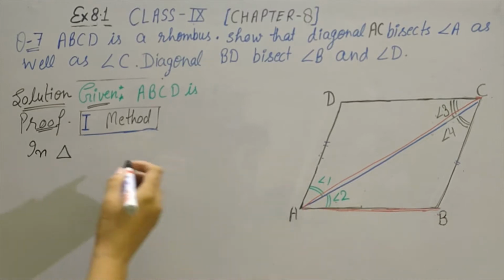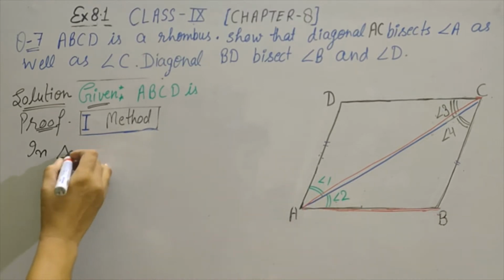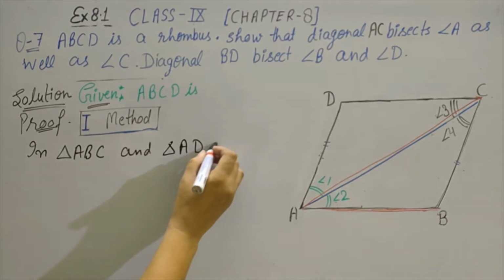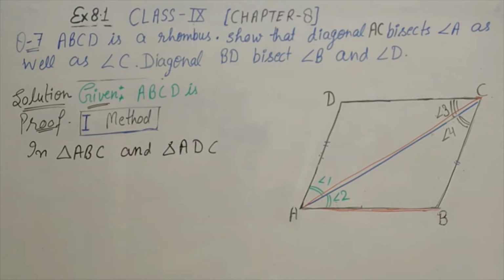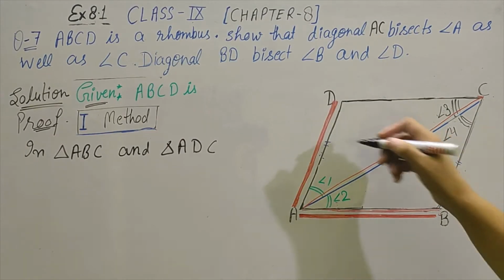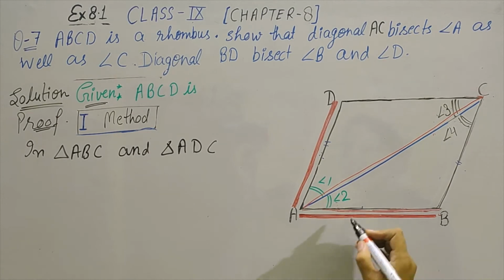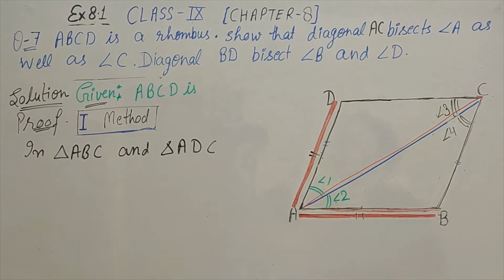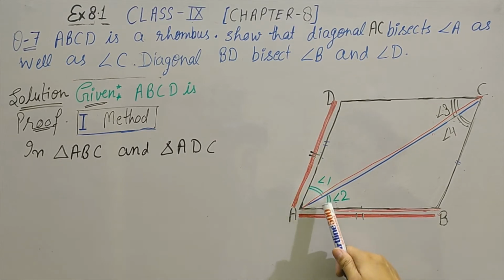Only two triangles are here, so we will take these two triangles in triangle ABC and triangle ADC. इन दोनों ट्राइंगल को कॉन्ग्रेंट प्रूव करने की कोशिश करेंगे. As I told in question number 6 also, ABCD rhombus है. You can take all four sides equal, but in these two triangles, purposely we will take AB is equals to AD. AB और AD को corresponding लेना है. So that by CPCT you can say angle 1 is equals to angle 2.